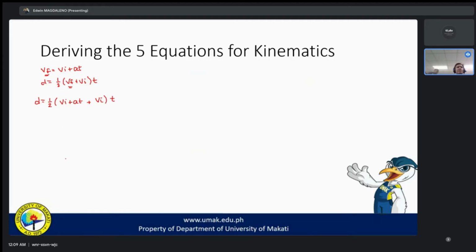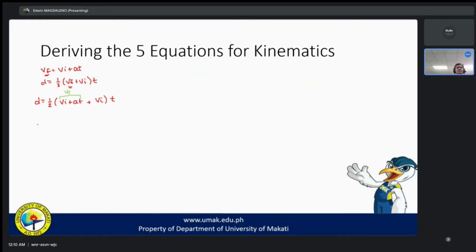So as I told you before, this is the Vf here. Ito yung ating kaninang Vf. Okay? So solving for displacement, once again, we will have